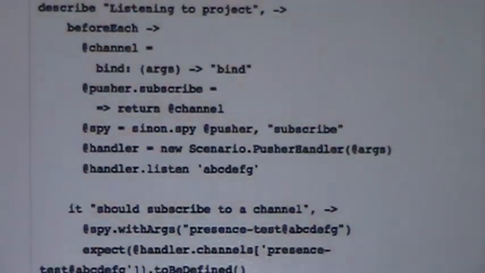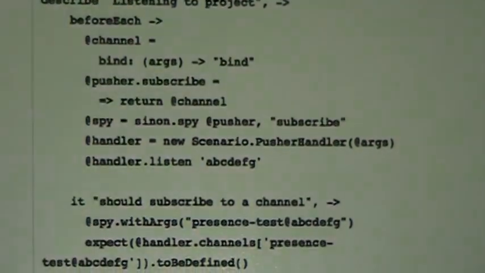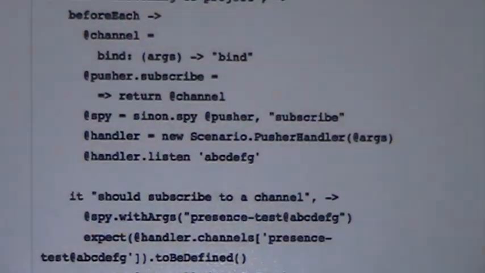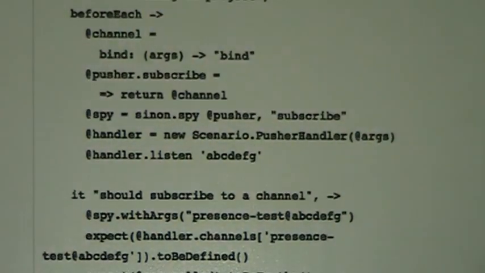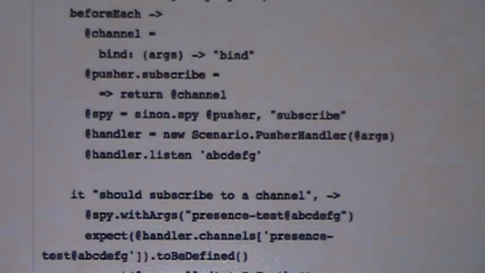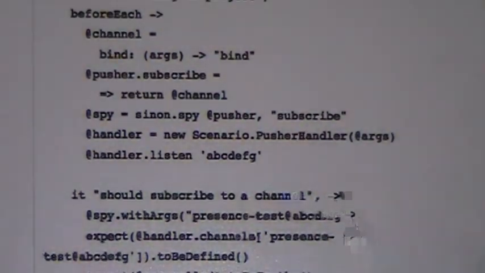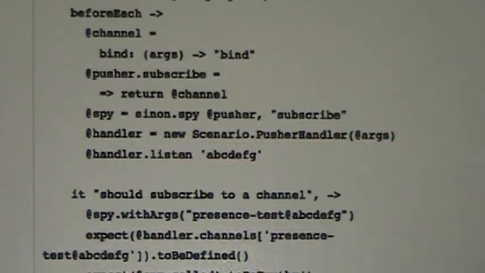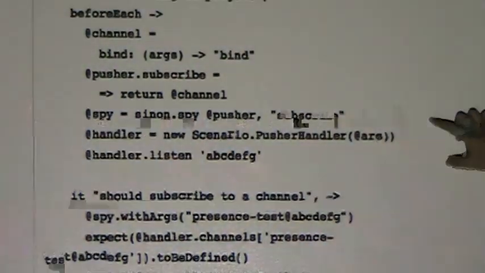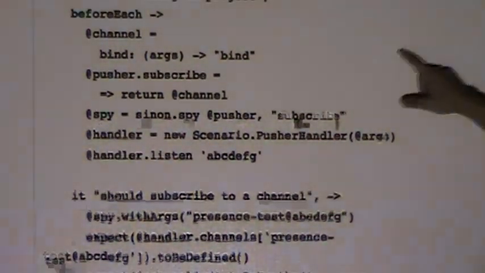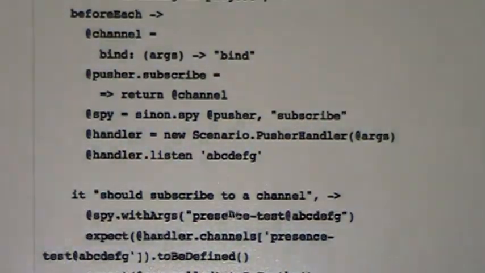So in this example, we test how Scenario listens to the Pusher API. I'm making a dummy implementation of subscribe, and we're testing if this function has been called.